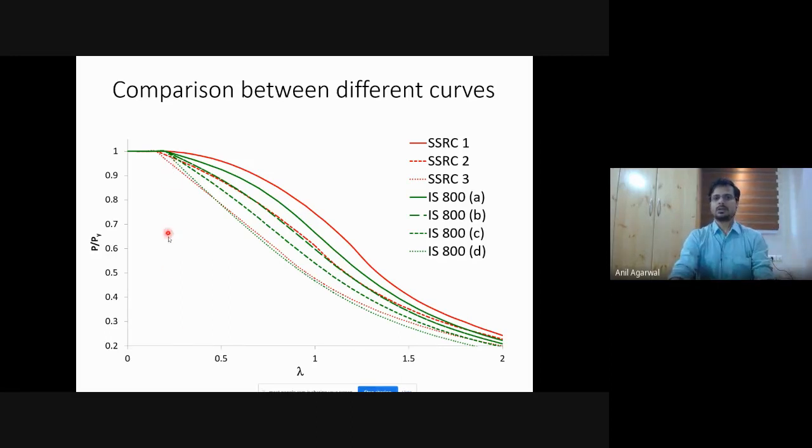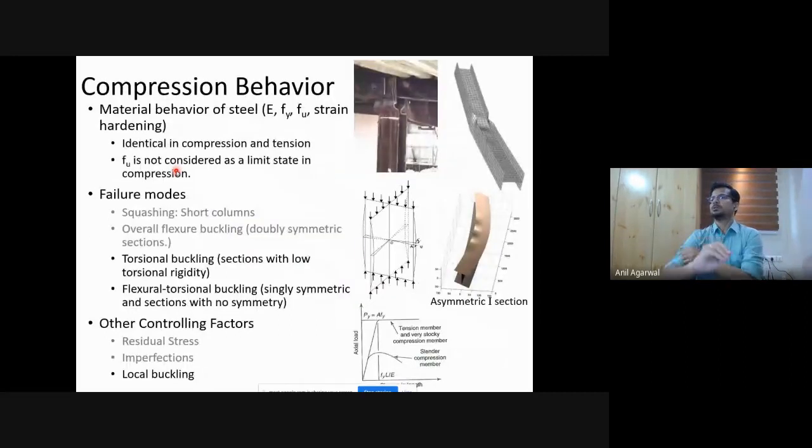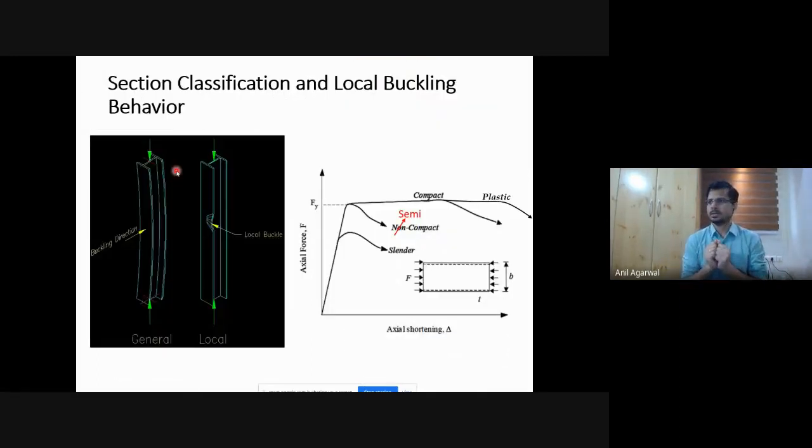And we could limit a particular lambda value to make sure that it fails under yielding. But that is exactly what is done when it comes to local buckling. So in local buckling, what we say is that if you want to use any cross section as per the Indian code, and likewise the approach is there everywhere, if you want to use the cross section and you want to use IS 800 for designing that member, you have to make sure that it does not locally buckle before it yields.